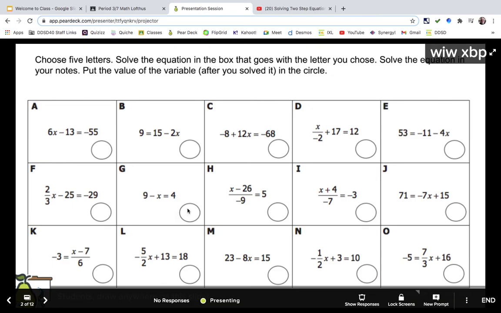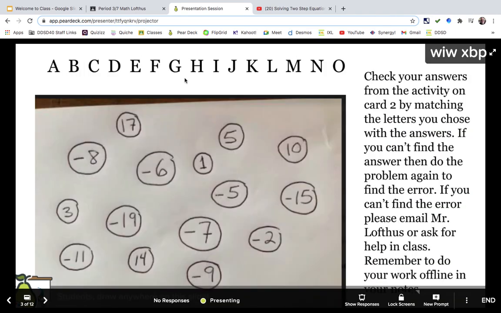So if we choose G, then on paper, we're going to solve the problem. And then we're going to get the answer and just write it in the answer only. You have on Pear Deck, you have the tools you can write. Then you go to the next page and you connect a G with, let's say you thought the answer was negative 15. So you're going to do a matching. So when you're done, you're going to have 5 of these letters and you're going to match them with 5